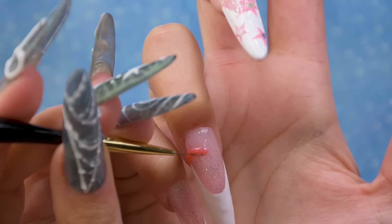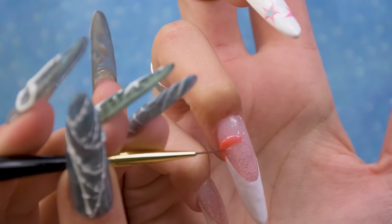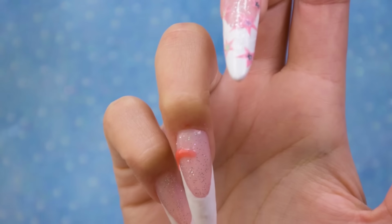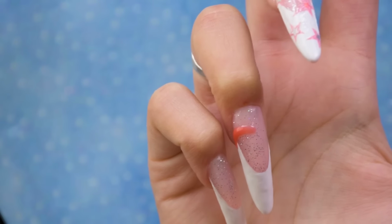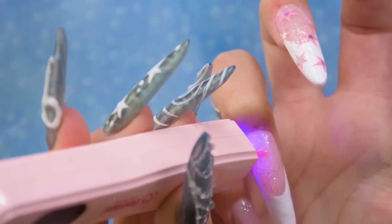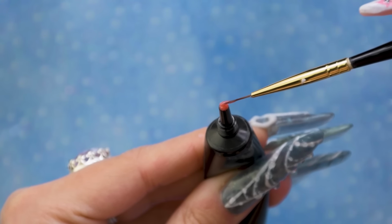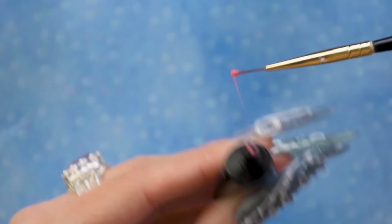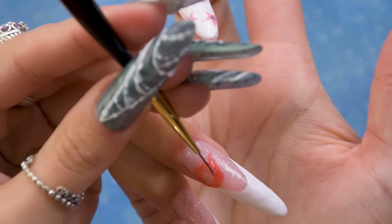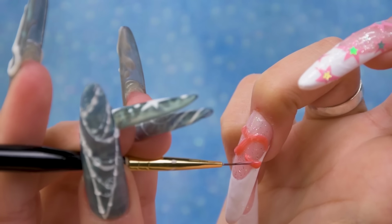Right off the bat, I'm noticing that it is leveling out a bit, which is one thing about the zigzag gel that makes it really great and easy to use, because it literally does not level out. But this one's definitely leveling out, and I'm gonna need to be flash curing it constantly. There's also little bubbles forming, and when I squeeze the product out, usually there's a little bubble, which I never experienced with the zigzag gel, so that's a bit different. Not necessarily a bad thing, but it does make it a little bit difficult to work with